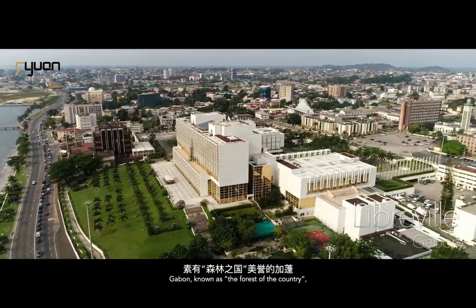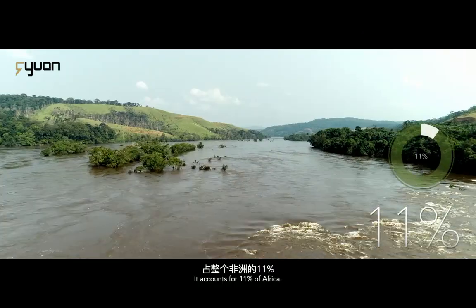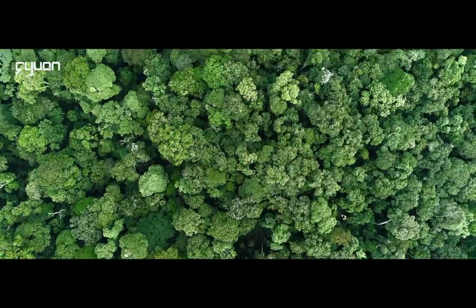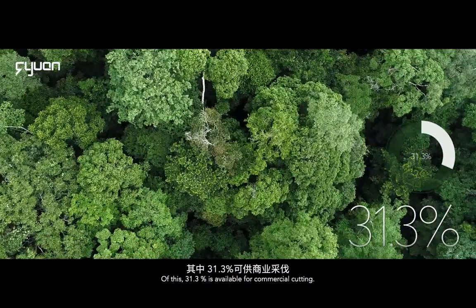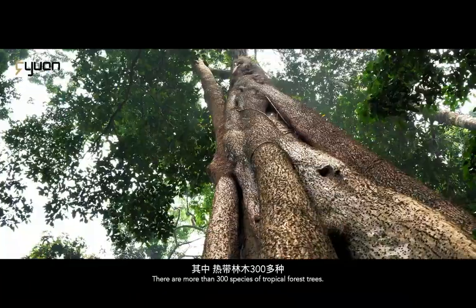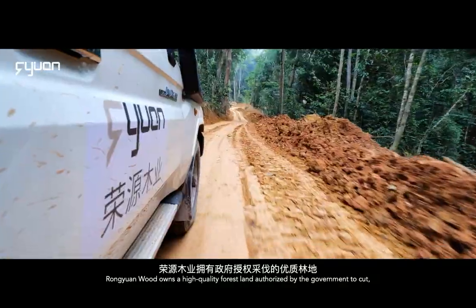Gabon, known as the forest of the country. Forest coverage exceeds 85%. It accounts for 11% of Africa. Total forest reserves of 4.8 billion cubic meters. Of this, 31.3% is available for commercial cutting. Tree species are abundant. There are more than 300 species of tropical forest trees. 荣源Wood owns a high-quality forest land authorized